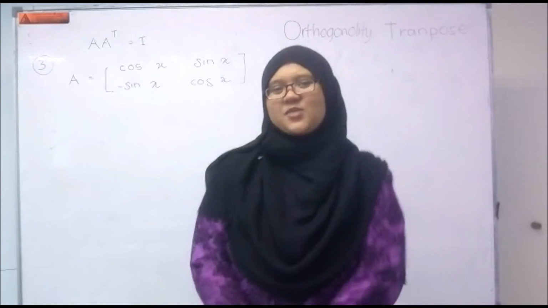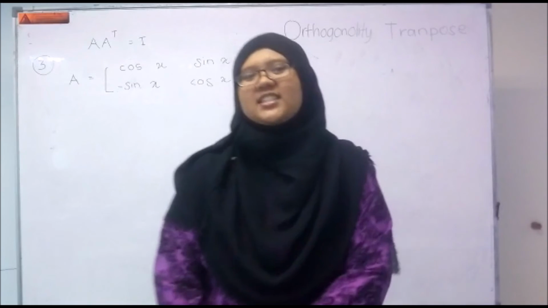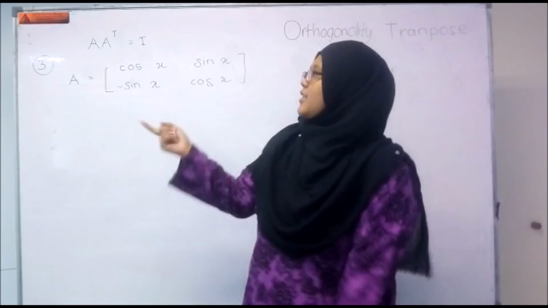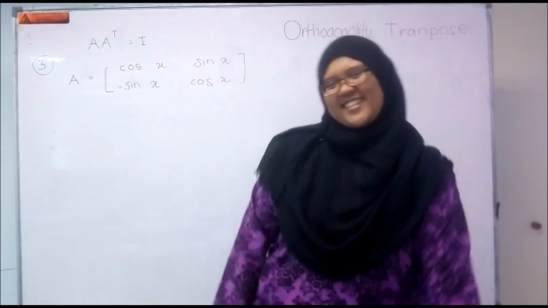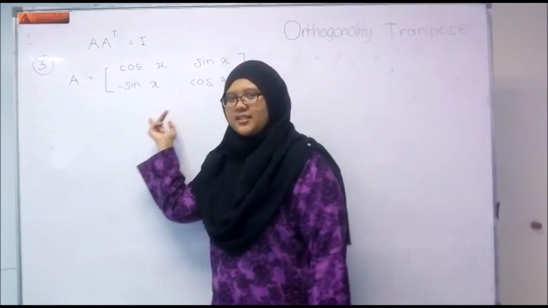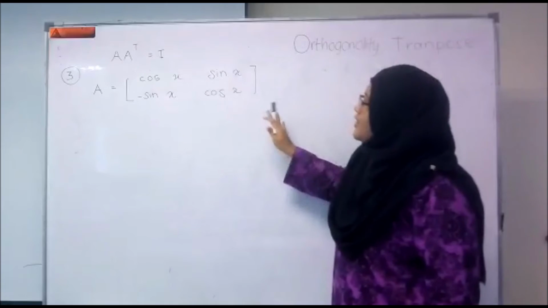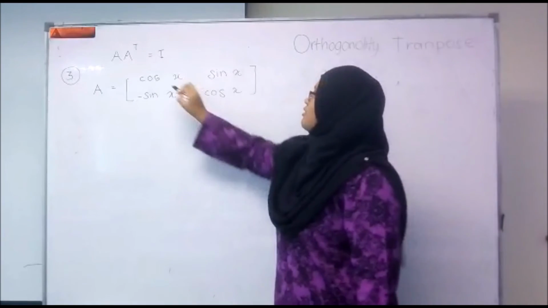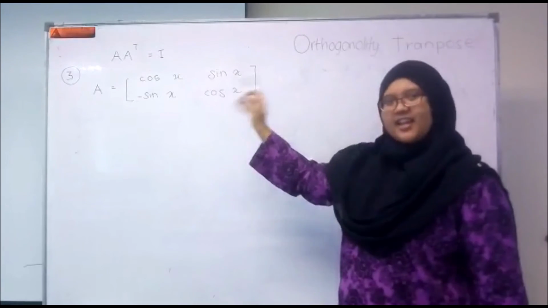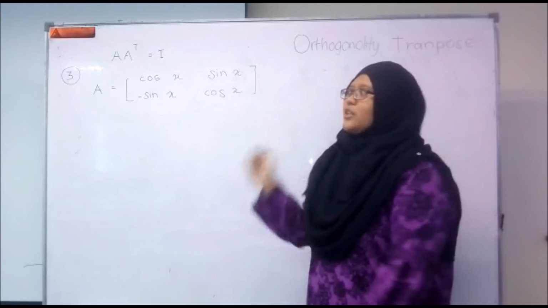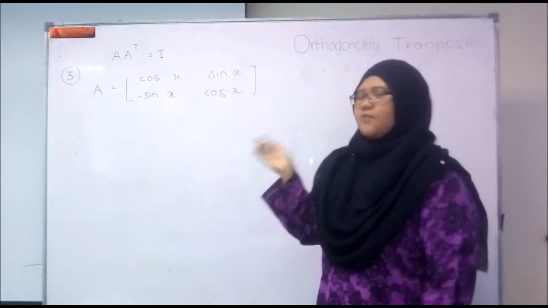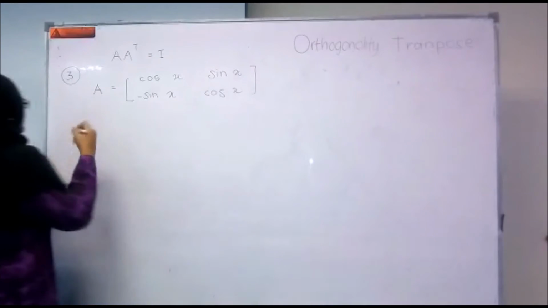Hi. Next we're going to check orthogonality of a matrix by using this theorem: A times A transpose is equal to identity. This is the example. For matrix A, I'm using cos x, sin x, negative sin x, cos x. First of all, we need to find the transpose of A. So the A transpose is